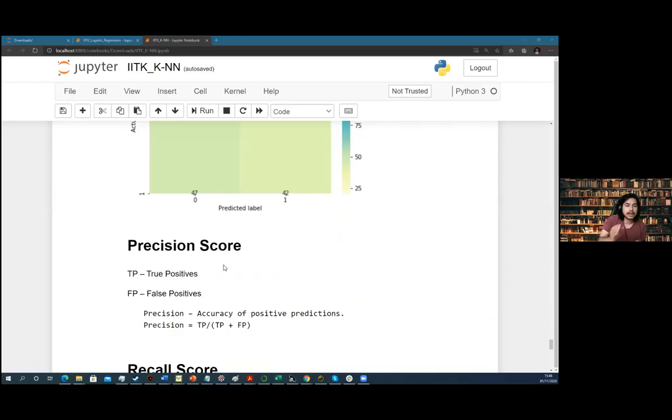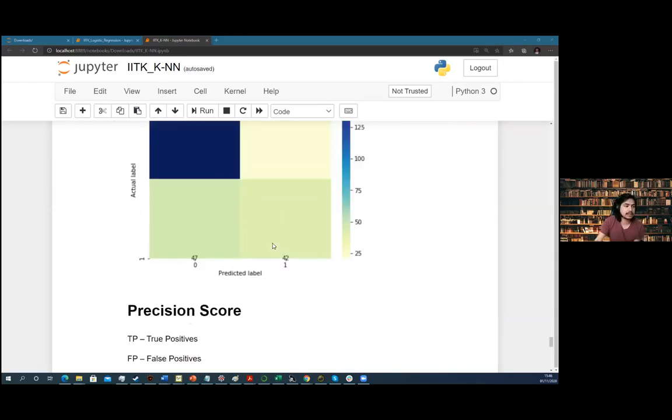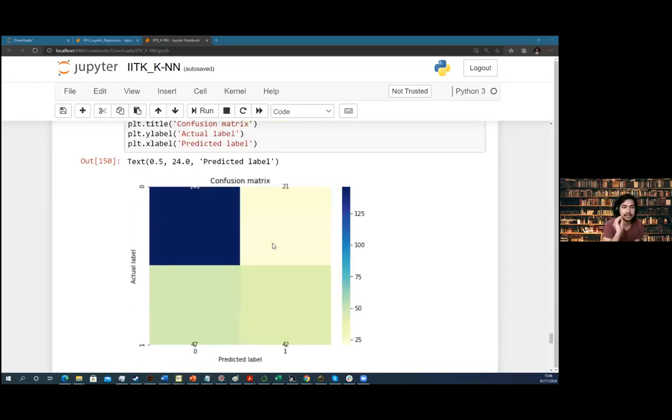So this is a simple matrix, if you remember from your class, as I've done previously as well. You have two classes, that's why you have a structure like this, with i and j. If you have three classes, then it will be 3 by 3, 4 by 4, 5 by 5. It will increase by that size.